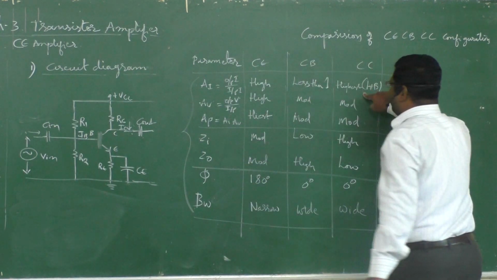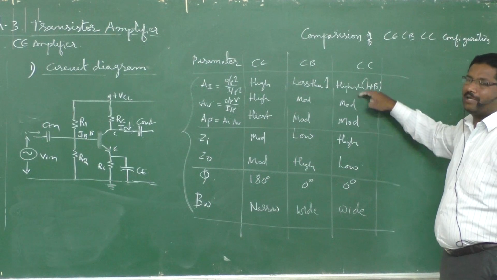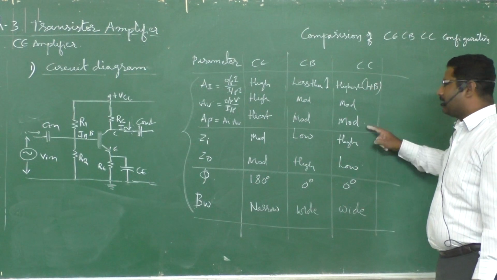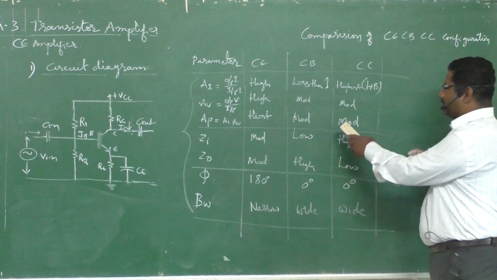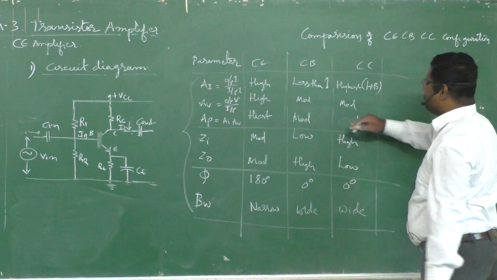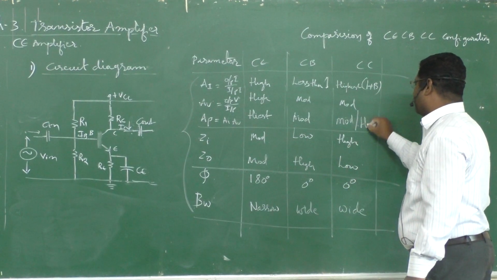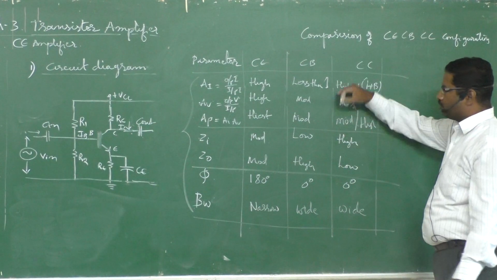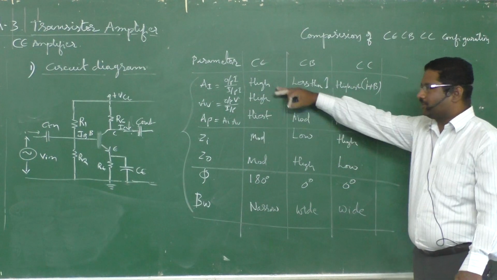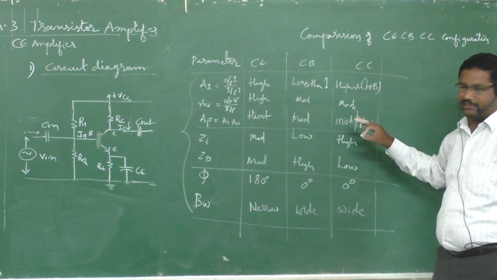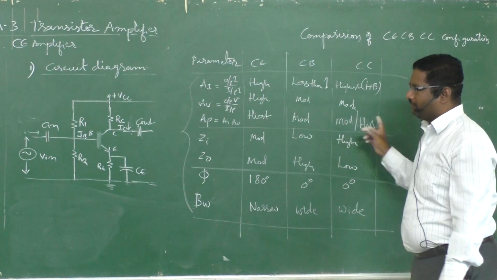And highest here, and moderate here. Highest and moderate multiplied, we can get the highest or the moderate in most of the cases. So here you can write moderate or high. If you multiply these two, you will get this one. That's why I have categorized these three into one set: current gain, voltage gain, and power gain. So these are three different characteristics.